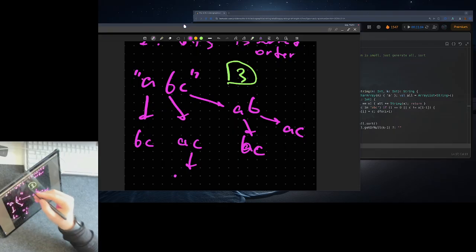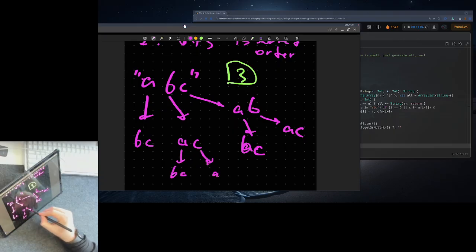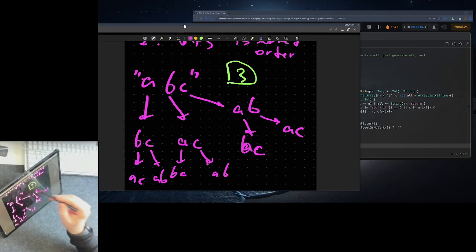From A it is always B, C, from B it is always A, C, and from C it is always A, B. And that means the total depth of our tree, or the height, is